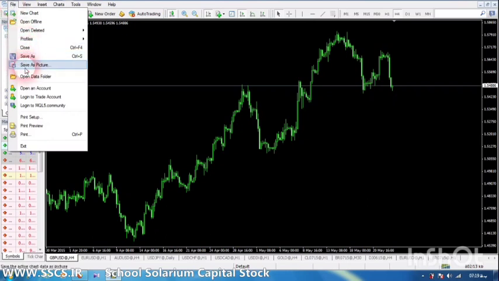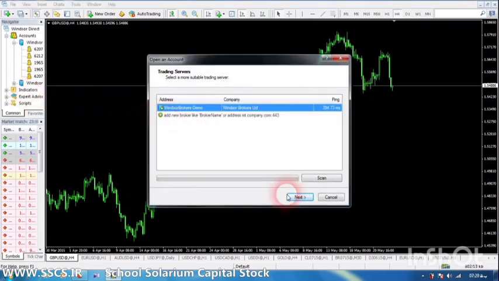Next, you have to choose this, open an account, and you can open a demo account for yourselves so that if you want to trade and test your trade, you can do that on your demo accounts instead of real markets, so that if you lose any money, you are going to only lose the money in the demo market. Okay, so now you can